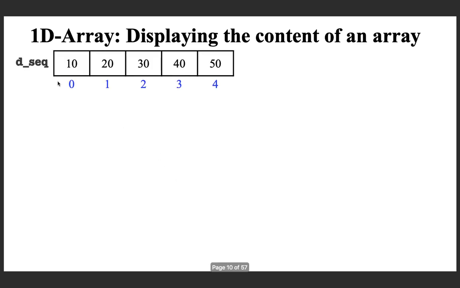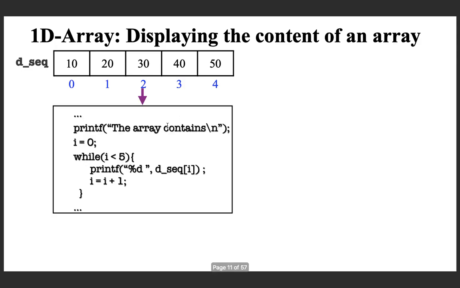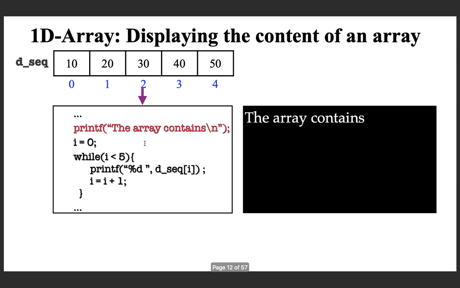Now let us see how you can display the content of an array. Just the opposite, there are assumed to be elements like this. How can you display these elements on the screen? The only difference is here the processing is printf rather than scanf. So you just display the string the array contains, then next line characters, then that standard loop format where the processing is printf. So you are printing one element at a time, and after that you are leaving a space